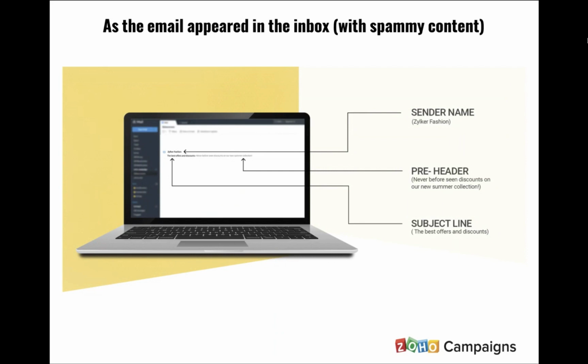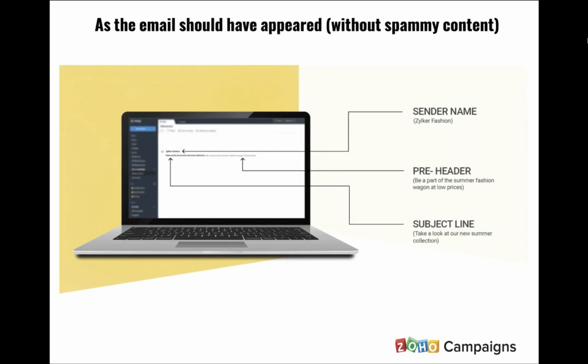Hence, when you are writing subject lines and pre-headers, you should always take into account that you avoid such words and such elements. As per the sender name, you can give the sender name of the brand and also the person who's sending the email along with that. Now, what should have been done? This could have been written in a better way without any spammy content.